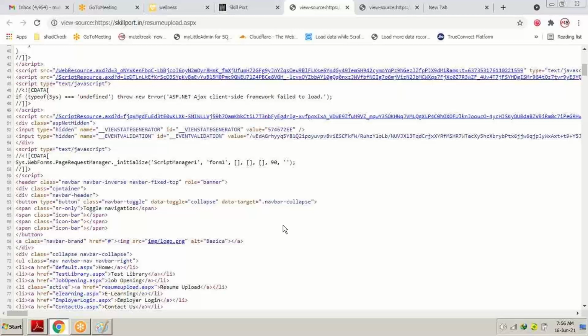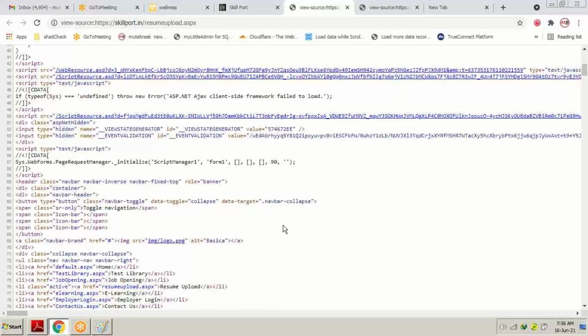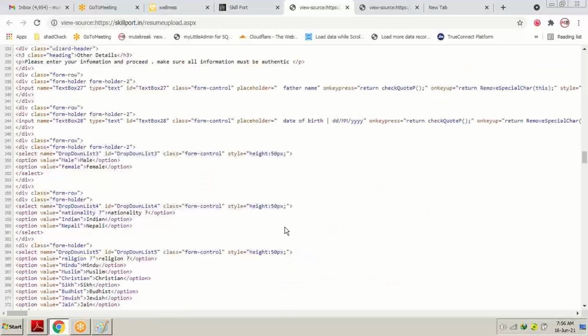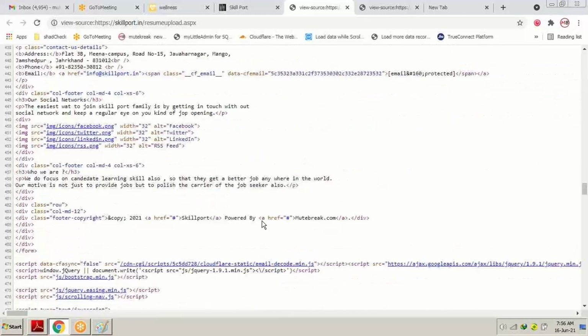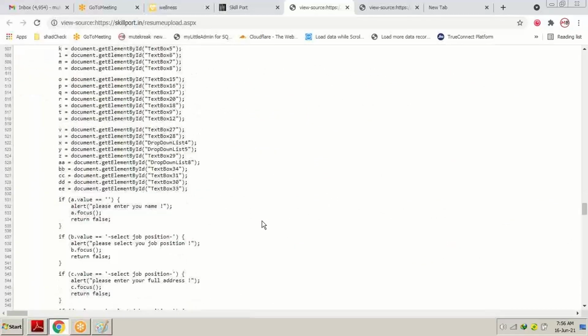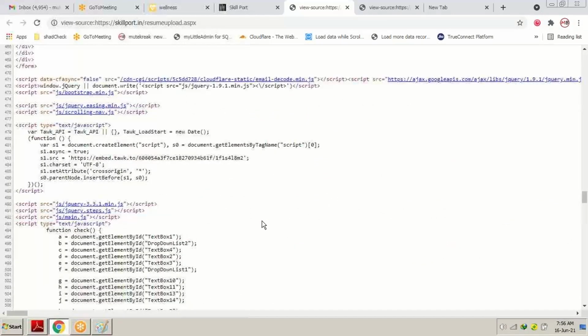Everything which you can see on your system is called the client-side code. Here, the client-side code is the HTML code and the JavaScript code, which can be seen easily by any end user of any website or web application.